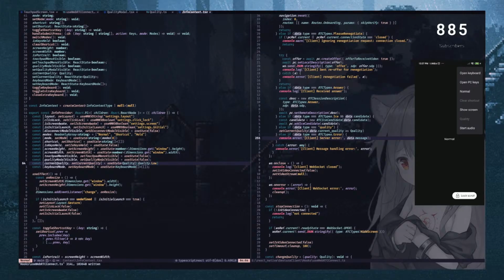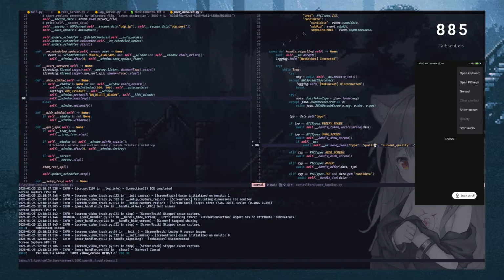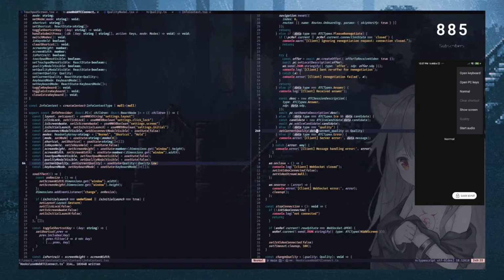So initially I'm setting it to low, and in here I'm changing it to whatever current quality the backend is using. In backend I need to make some changes though, but I can do it later. It's not that mandatory right now. So I'm sending the medium quality. I'm receiving the medium quality. I'm setting it to the state, and now